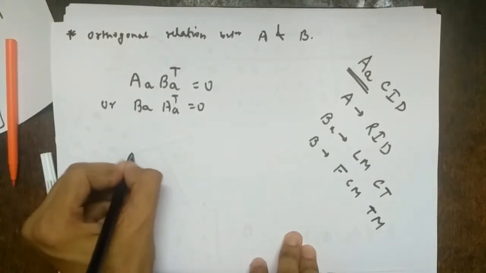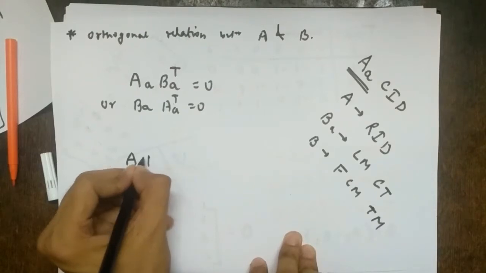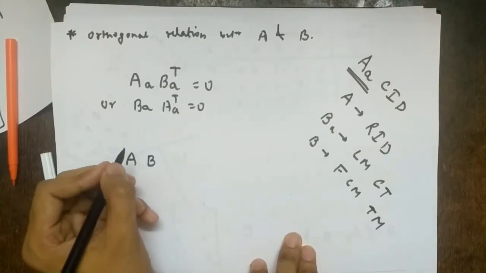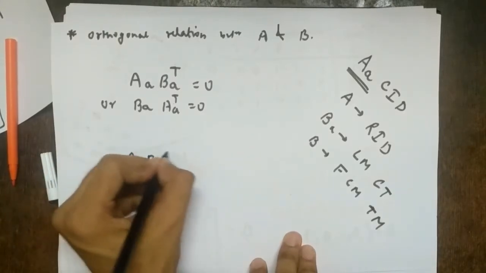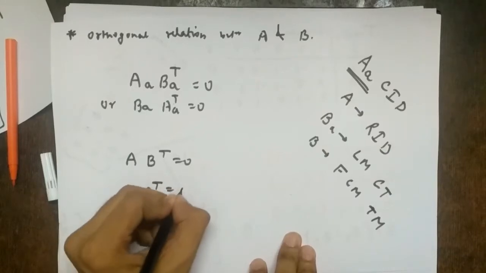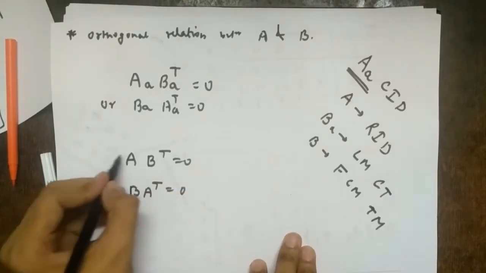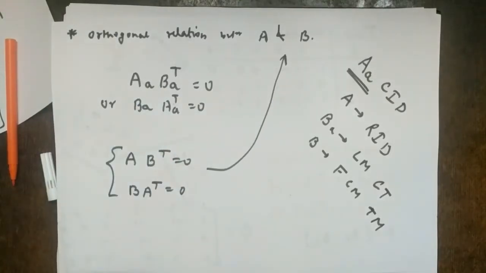And from this what do we get? For the tree we get the reduced incidence matrix and the tie-set matrix, right? So it can also be proved that if the tree is the same, A B transpose equals 0 or B A transpose equals 0, right? So this shows the orthogonal relationship between A and B. This can be helpful while solving problems.